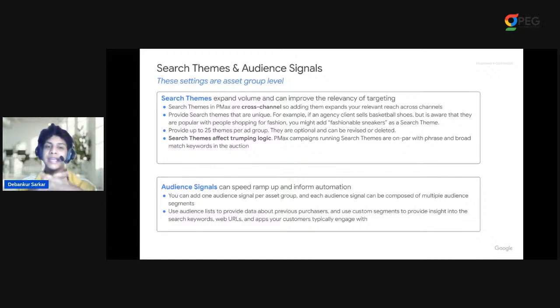For example, if you are an agency selling basketball shoes, but you know that people are also searching for fashionable sneakers, adding that as a search theme can help you capture relevant traffic. Even if the explicit search term does not include basketball shoes, it will still start catering there. Now, you can provide up to 25 themes per ad group. They are optional but highly recommended for refining your search, and you can also revise or delete them as needed